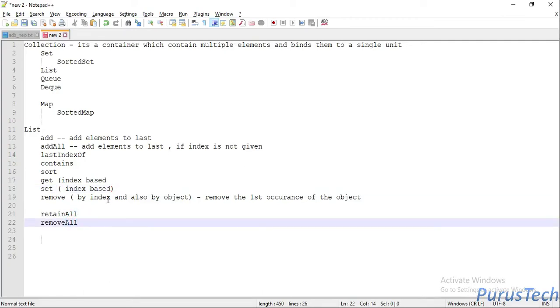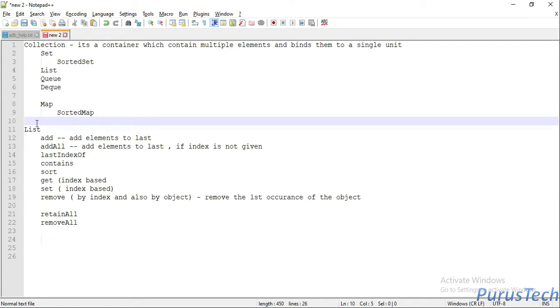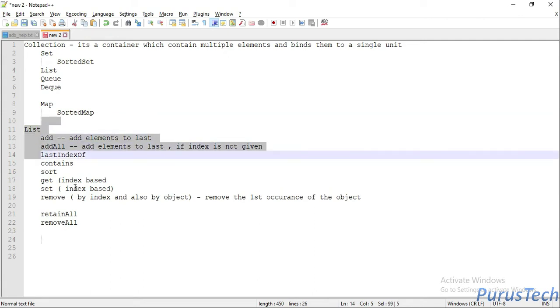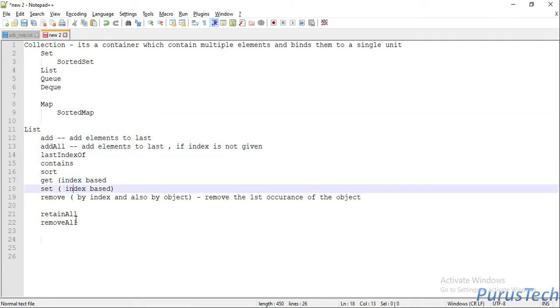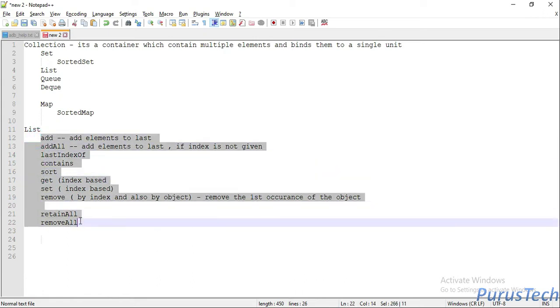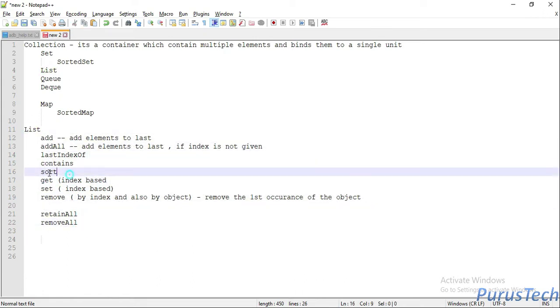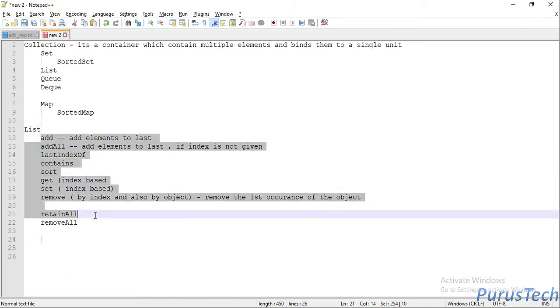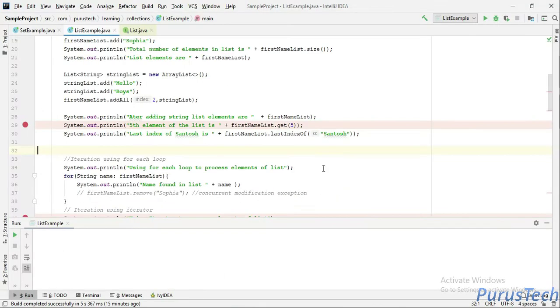And in this session, we are going to cover the list interface. In the last session, we had covered the set interface. List and set are pretty much the same kind of structure, except a few differences. So let's try to cover all the methods defined in the list interface, and we'll go through a Java program which is already using these methods in IntelliJ. So let's go to our IntelliJ.